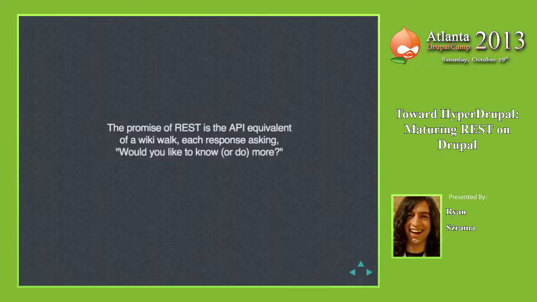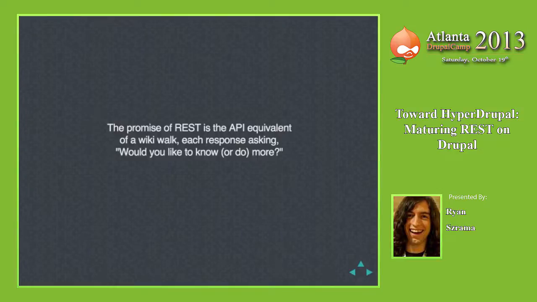Have we all taken wiki walks? tvtropes.org, the best place to get lost, just clicking link after link after link, because there's so much to know and so much to learn. What you can do with a fully mature REST API or a Hypermedia API is basically have this sort of traversable API, so that you can engage with the server from the client in such a way that the server can give me instructions on where to go next, what to do next, how to interact with that server in much the same way that we click on links and submit forms to interact with wikis and get lost in the internet.